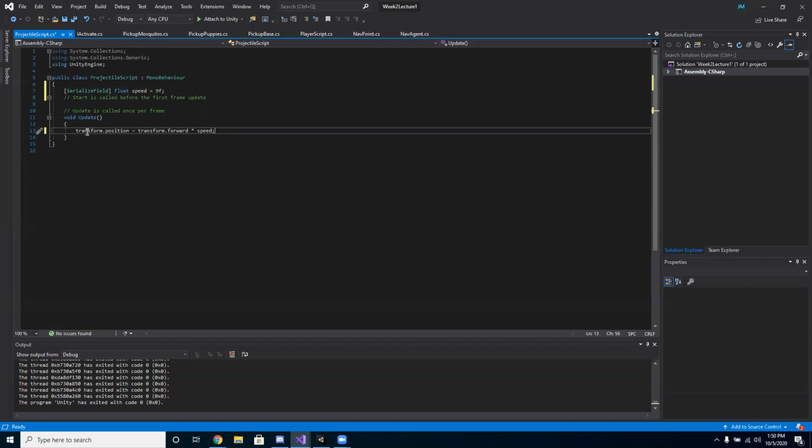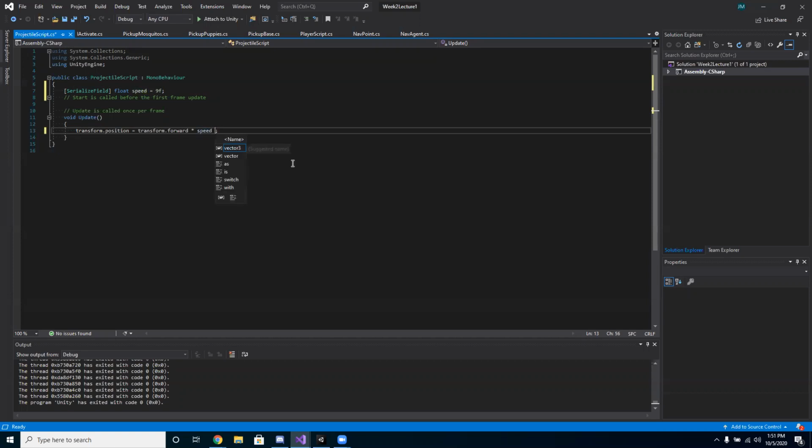I haven't done any of the coding for shooting it yet, but if I did this just like this, you probably wouldn't see it on screen. You'd hit the spacebar and it would render off screen, because every frame it would have drawn it 9 units away. If you were getting 60 frames a second, it would have moved 60 times 9 units in the forward direction. So we actually want this to be 9 units a second,